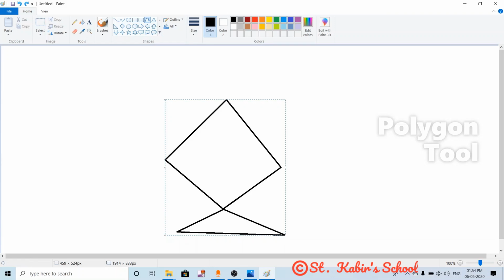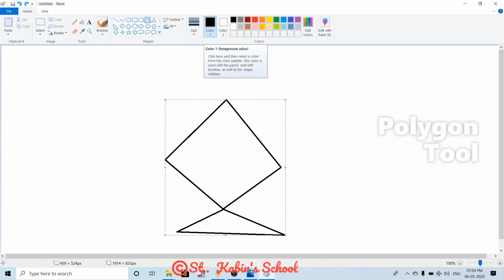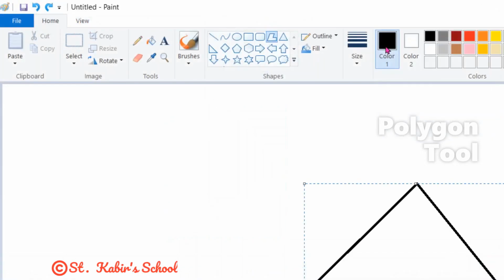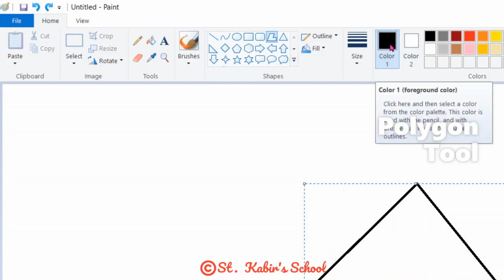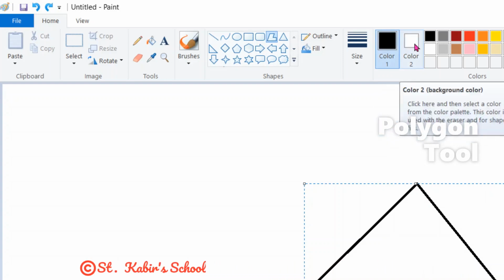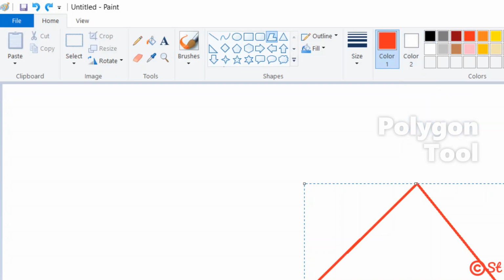So how to fill color inside this? Color 1 is this one. Color 1 is a foreground color. Color 2 is a background color. It is border color, this is inside color. So click on color 1. See, border is red.